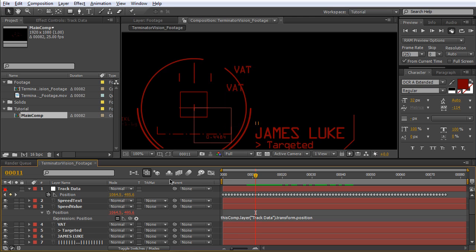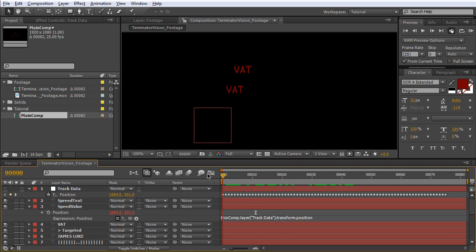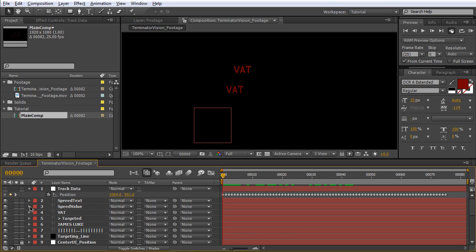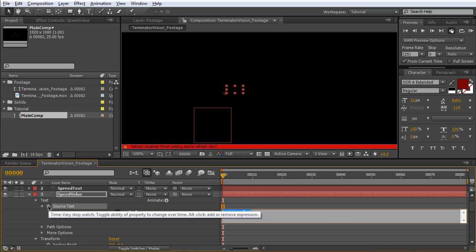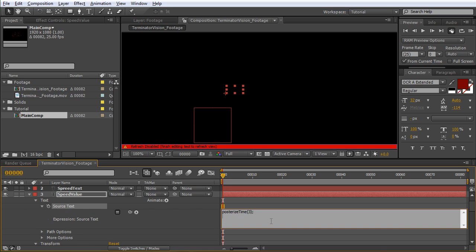So if we turn that off again and go back to the start, now we want to toggle this up and toggle it back down. Go into text and alt click on source text and let's start typing in a new expression. So posterizeTime with a capital T, open bracket, say 3, close bracket, semicolon, enter, S equals, so we're setting another variable, this layer, which is referencing our speed value, dot